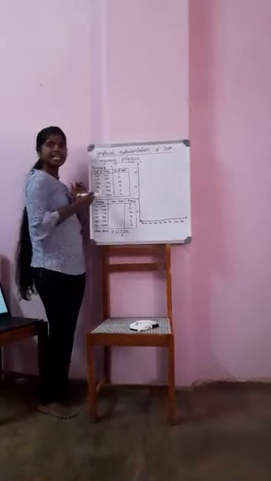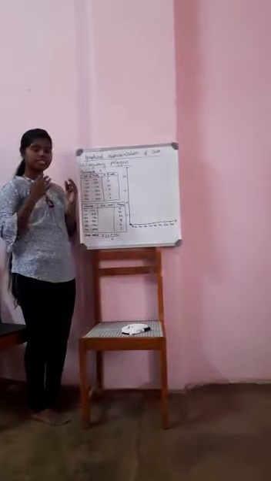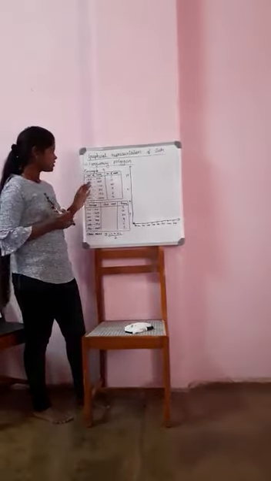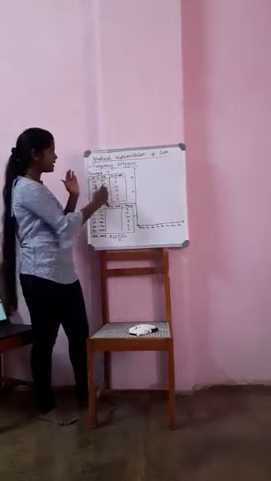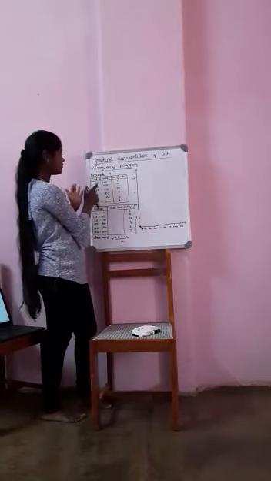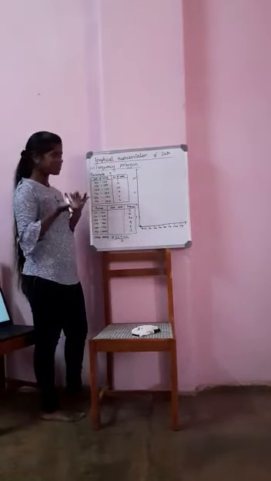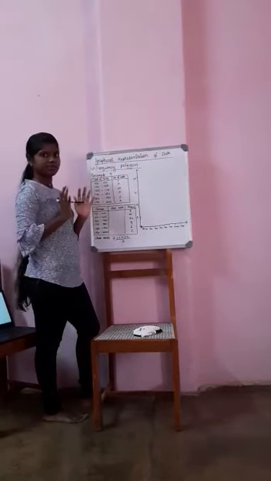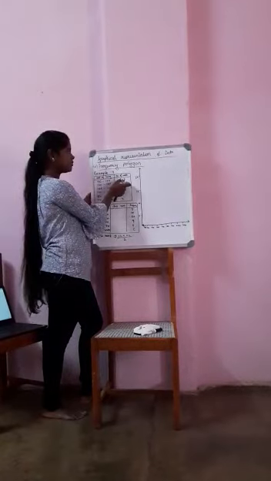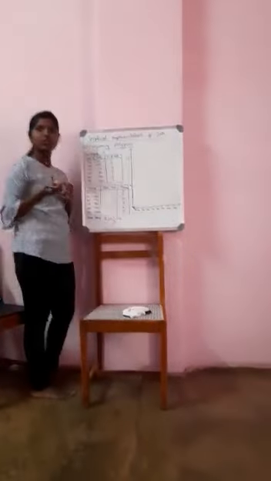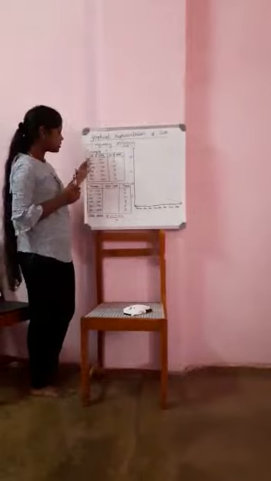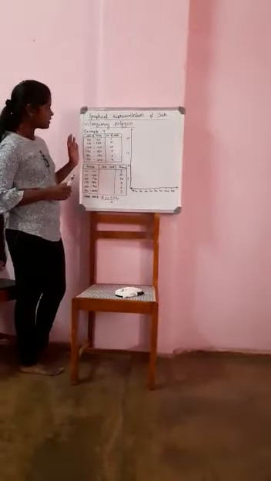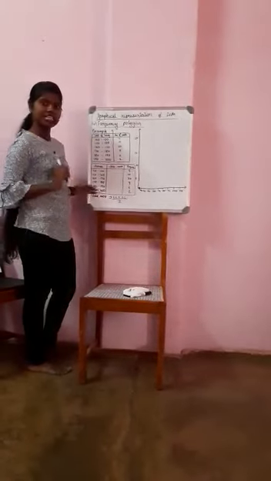Now, here I have considered example 9, where they have taken a survey of cost of living in a city for 52 weeks. So, it goes on like this. When I see this table, I can get the information that from 140 to 150 is for 5 weeks. Within this, for 5 weeks, I have found out the cost of living in one city. So what I am going to do is, I am going to rewrite this table once again. Before that, I am going to find the class mark.